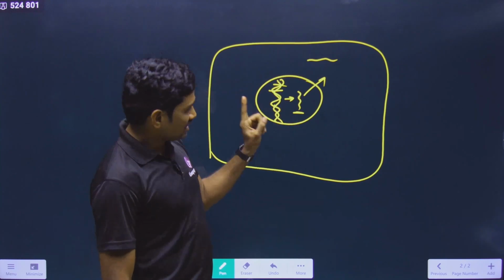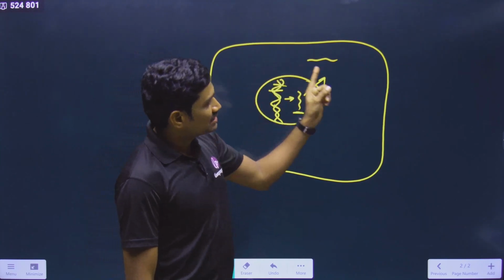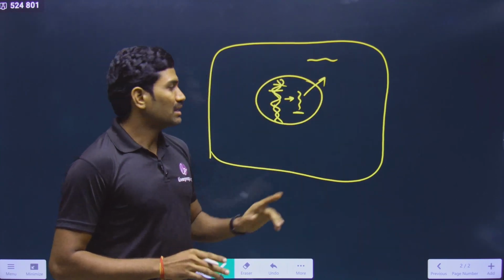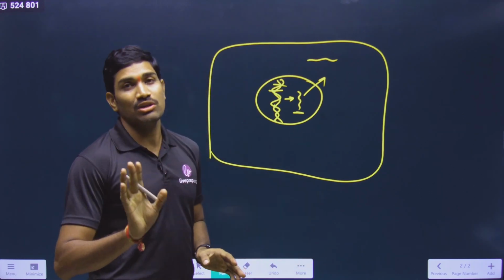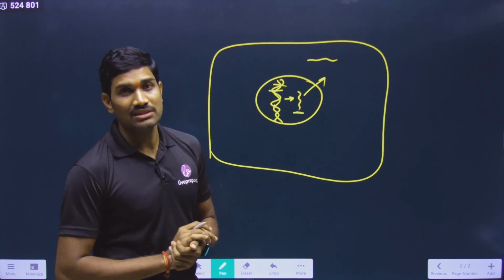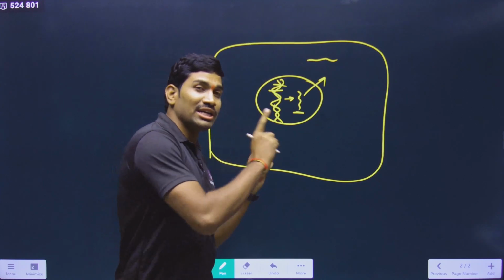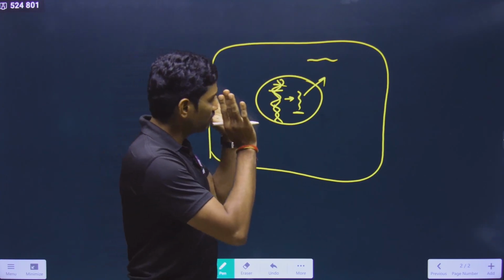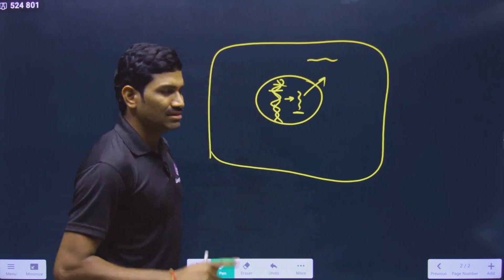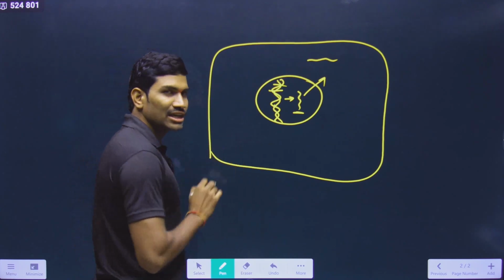So they are present in the nucleus, and they are present in the cytoplasm also. But in the cytoplasm, DNA is not present. RNA is present in the cytoplasm. But if we are specifically talking about DNA, it is present only in the nucleus. Correct. But here also, if you see, in the case of eukaryotes,